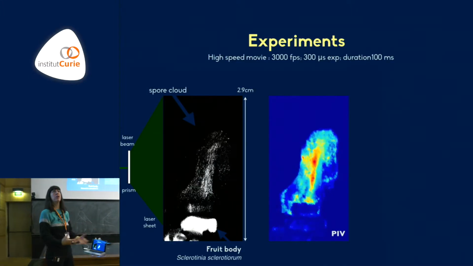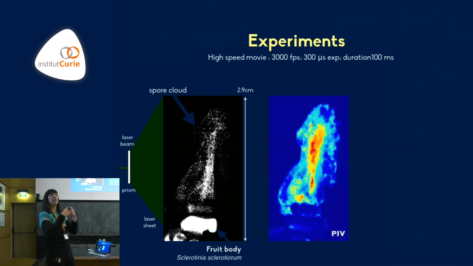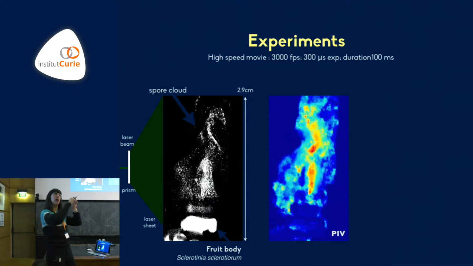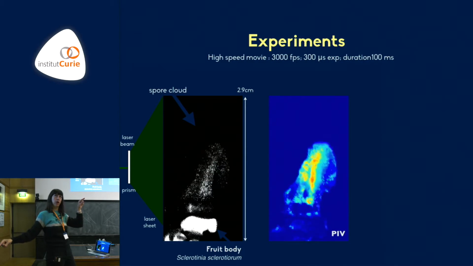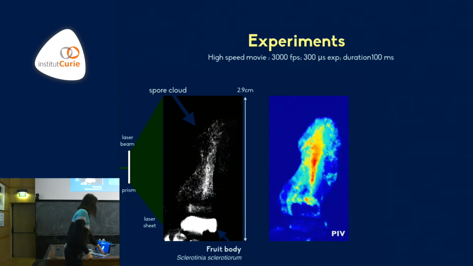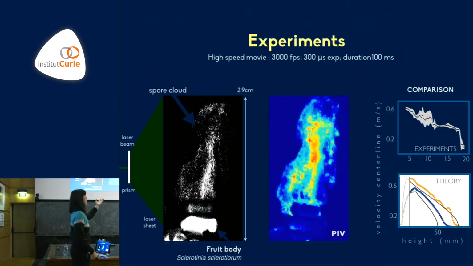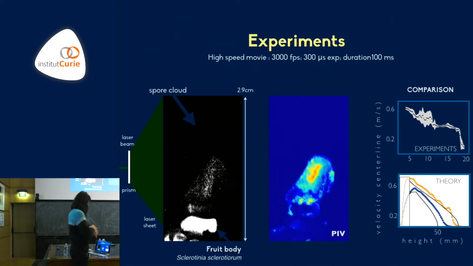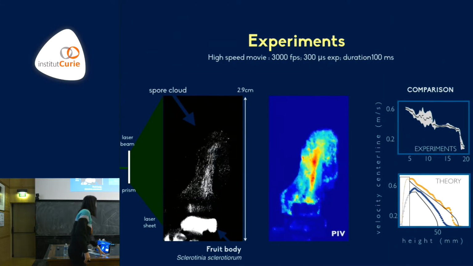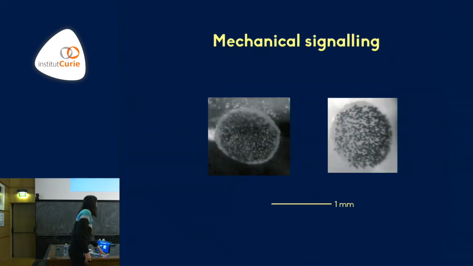You can do PIV, you can measure the entire profile, the velocity of the center line, how long it takes for that to decrease to zero, and it works pretty well with the theory. Okay, I'm not gonna comment on this because I want to pass on the next part. The only point I want to make is that